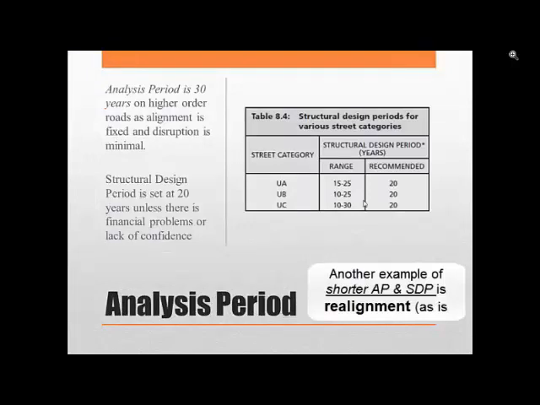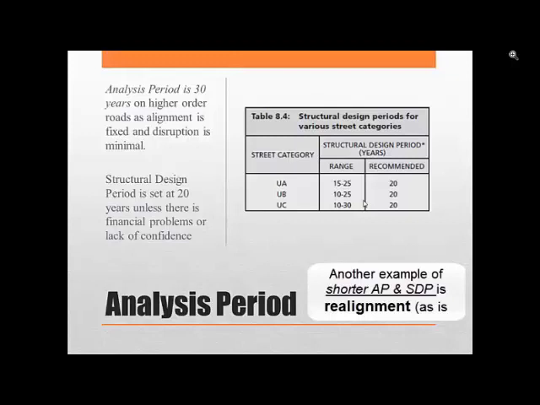As mentioned earlier, Class A and B category analysis period is 30 years. However, for category B, it can only retain a 20-year STP, structural design period, if the alignment is fixed and there are no huge concerns. However, where there is a lack of confidence or financial problems, etc., that analysis period then can be reduced to